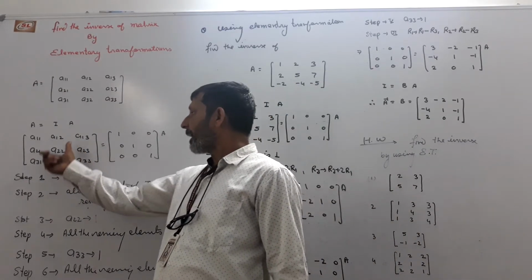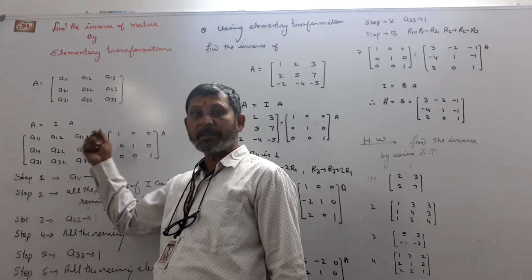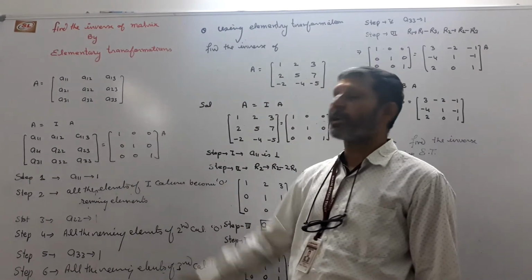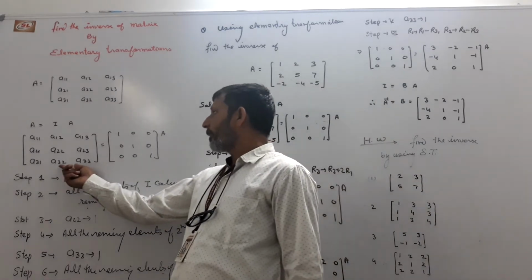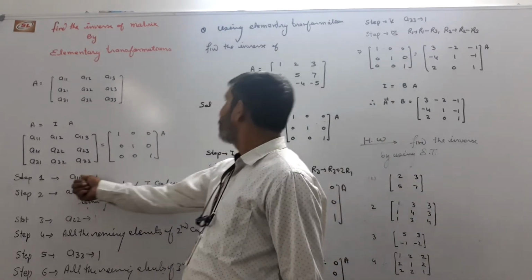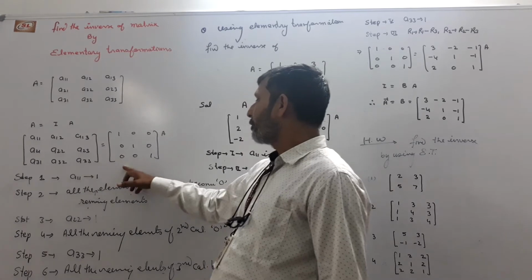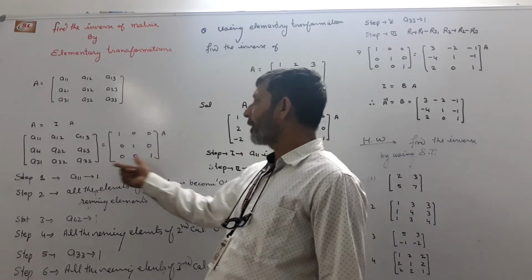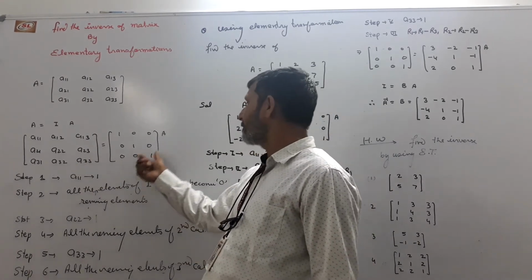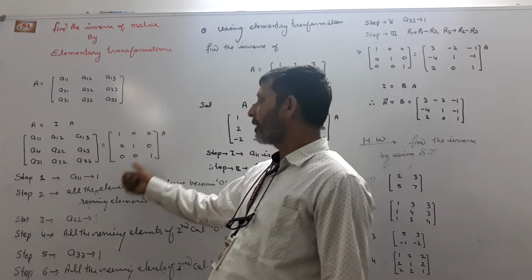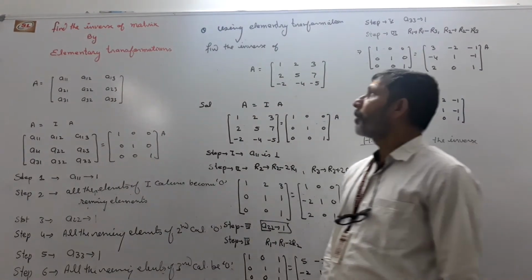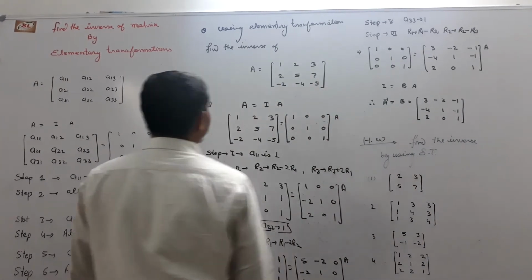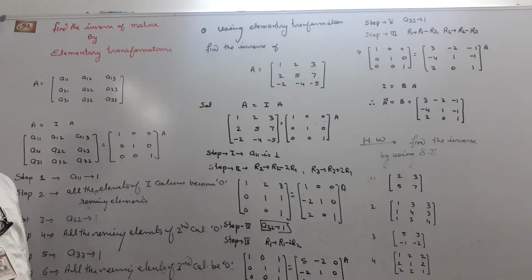If we apply any operation on the left hand side, then we use the same operation on the right hand side also. If this one is the unit matrix, then I equals B into A. The product of two matrices equals the unit matrix, therefore B is the inverse of A. Then we find the inverse. Again, I repeat the question related to this.